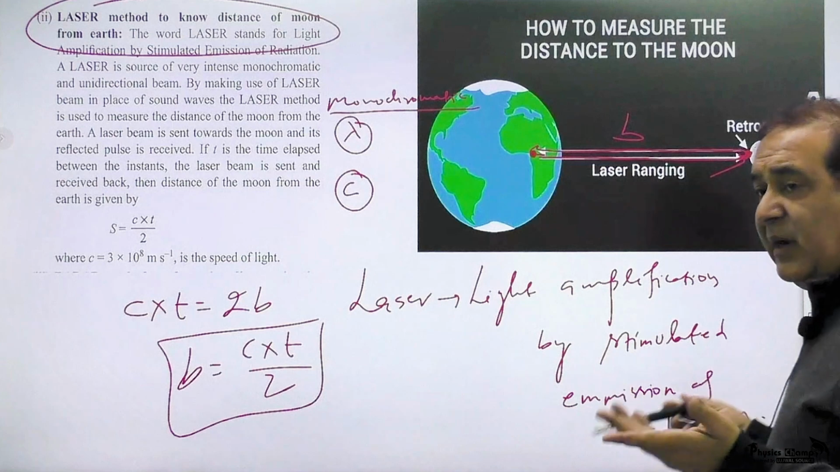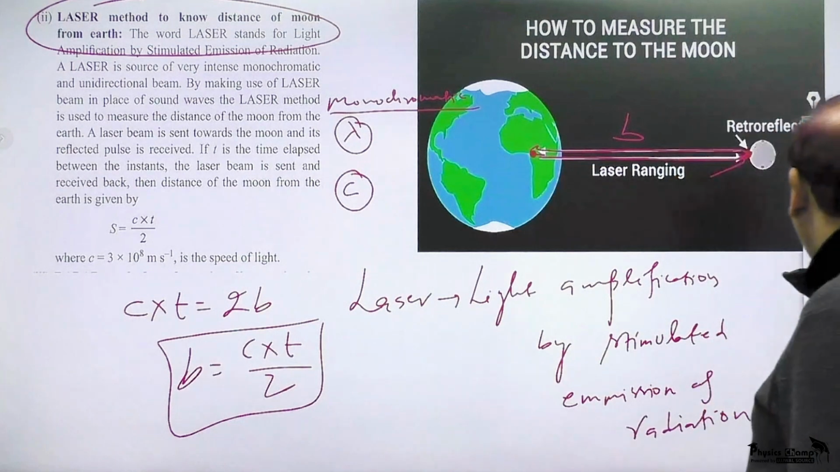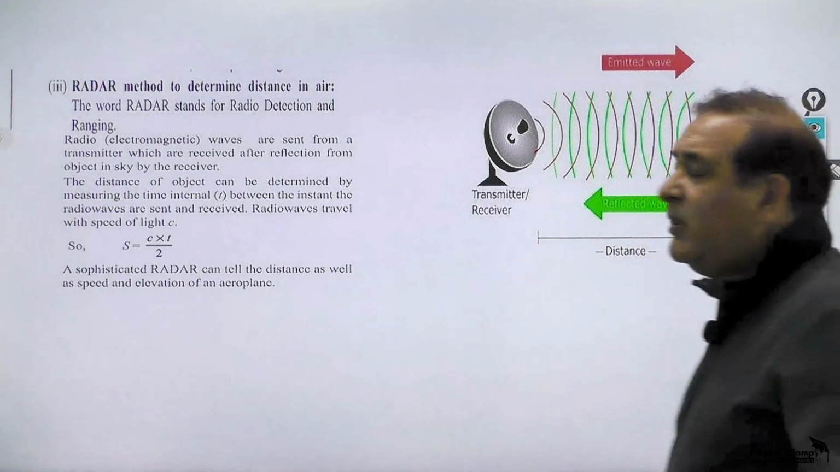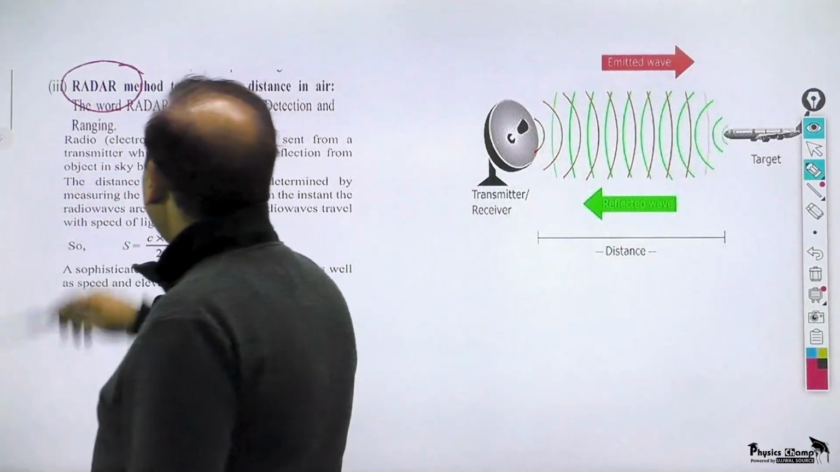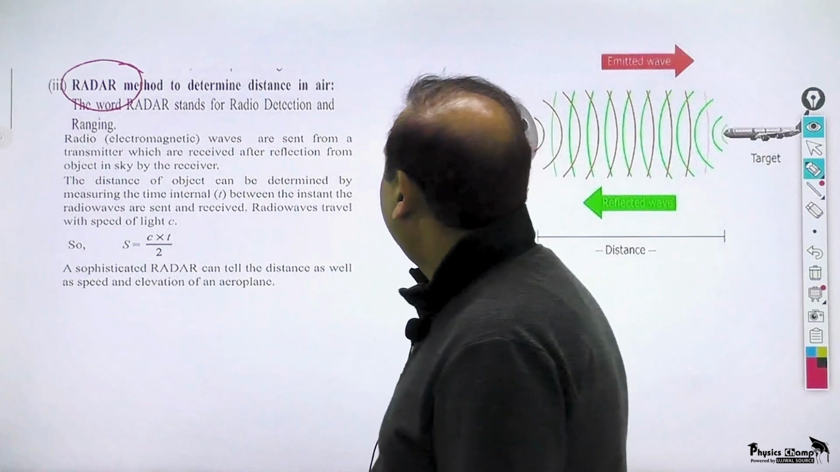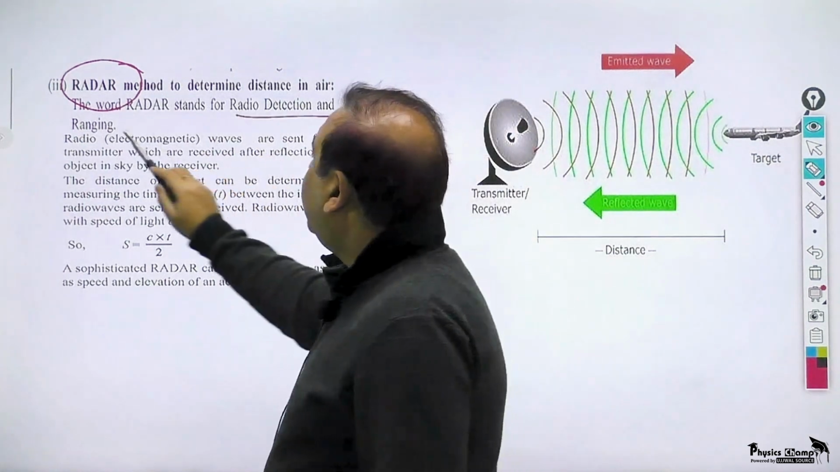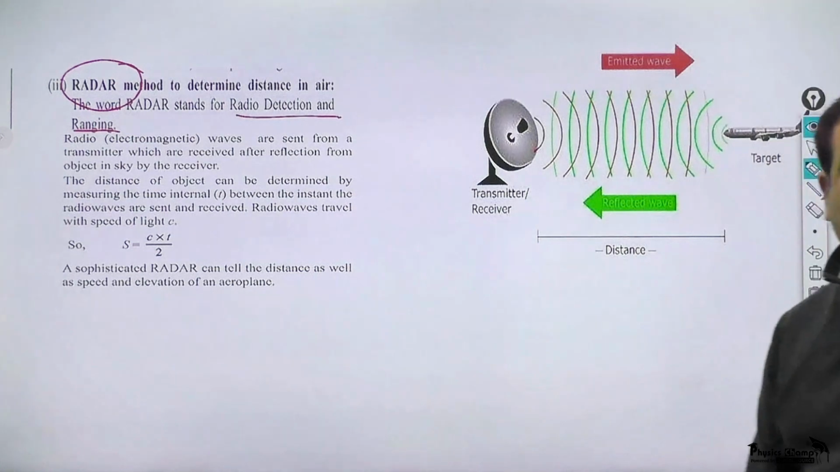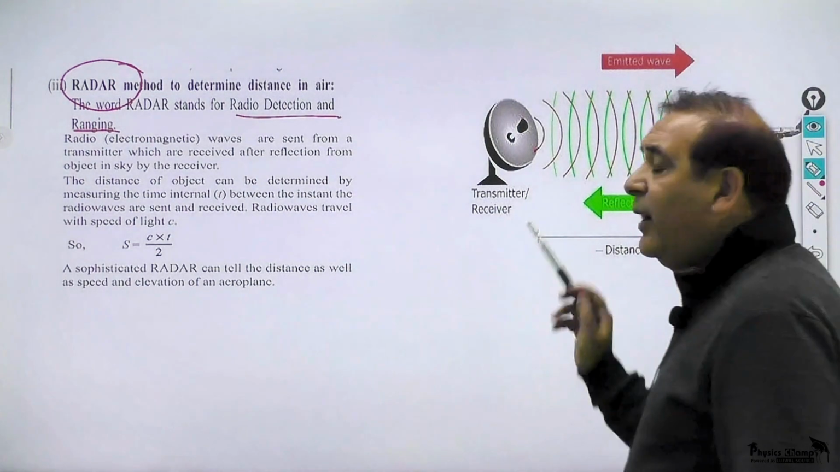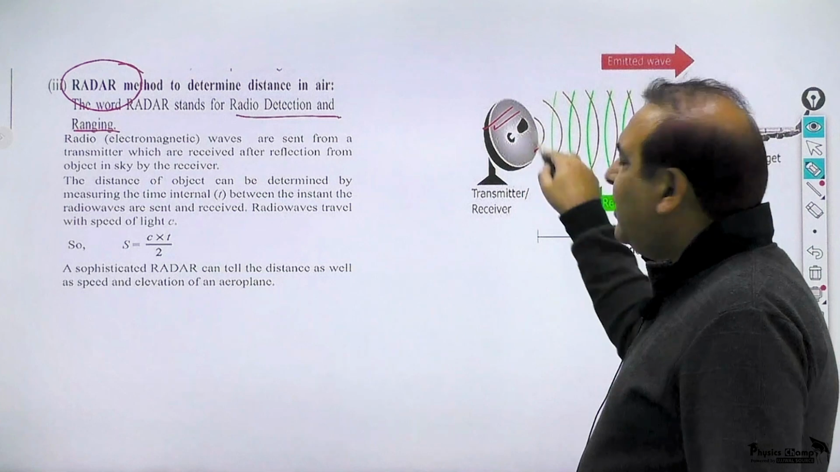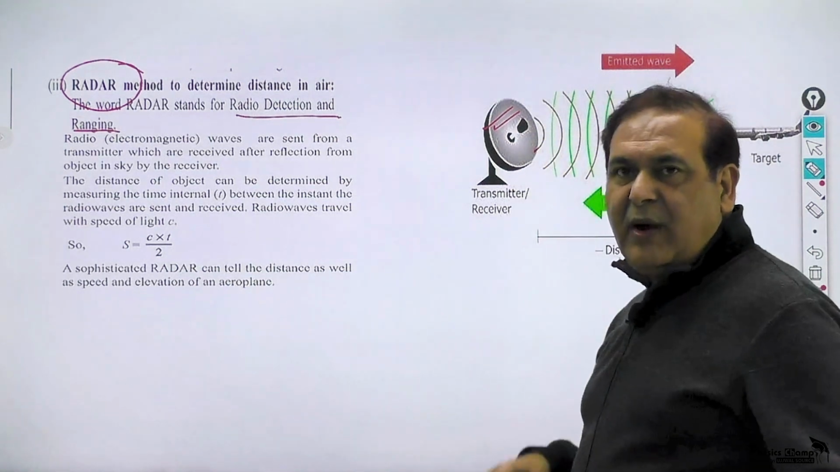And ultimately it's an echo method. Similarly, coming to another one, the radar method. Now radar is also an electromagnetic wave. It is used for radio detection and ranging. Radio detection and ranging. So in radar also, here in this disc you have a transmitter as well